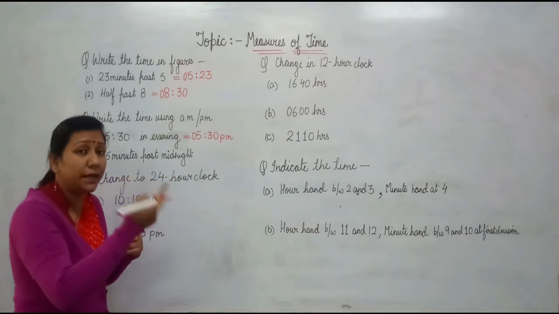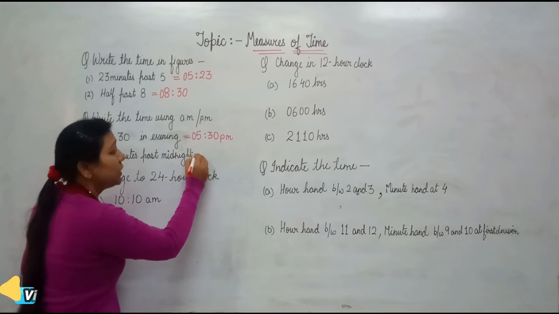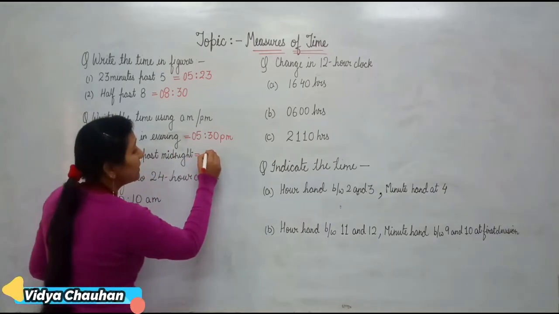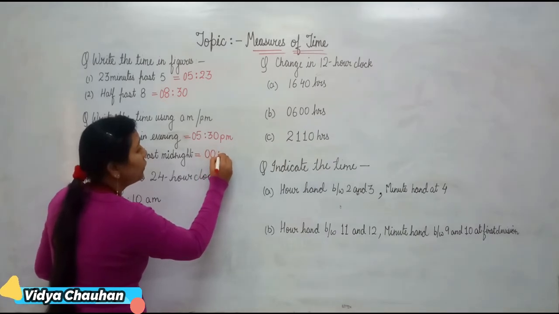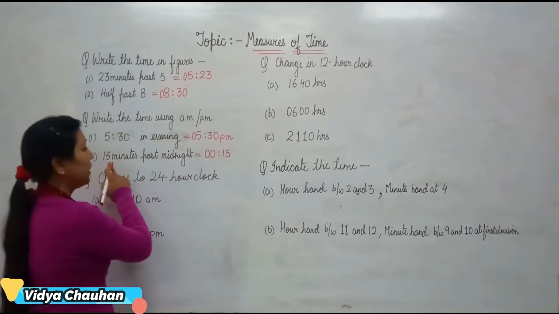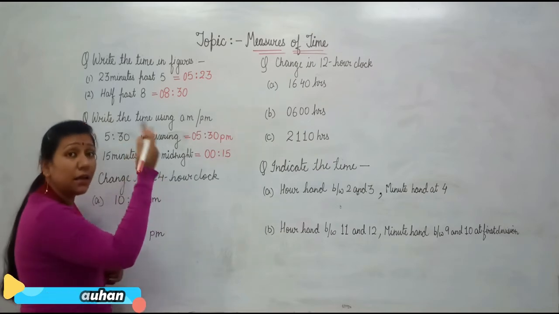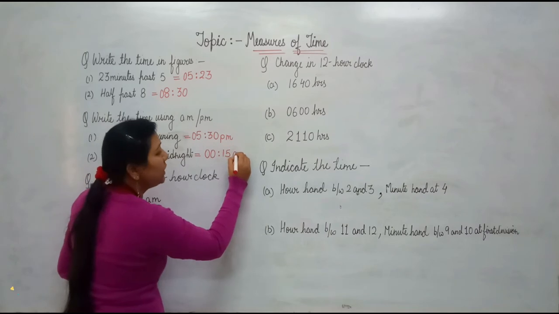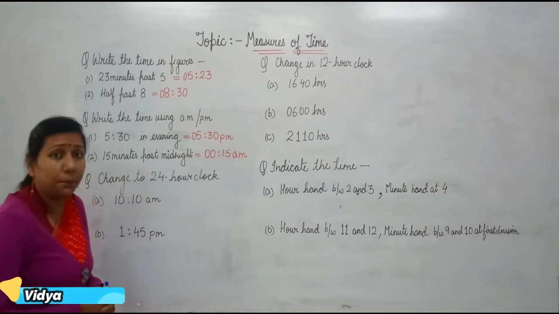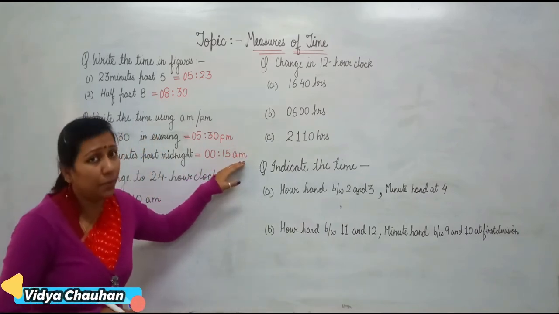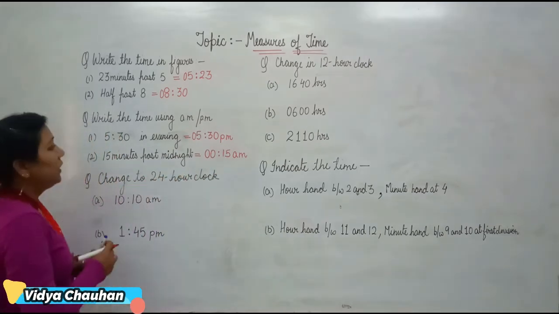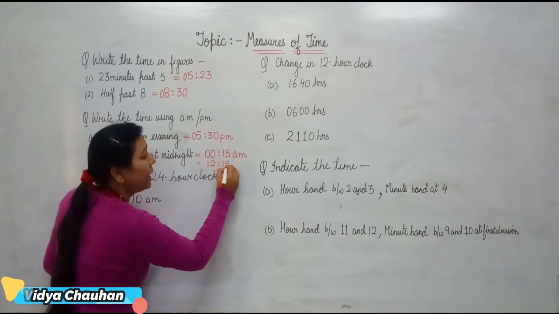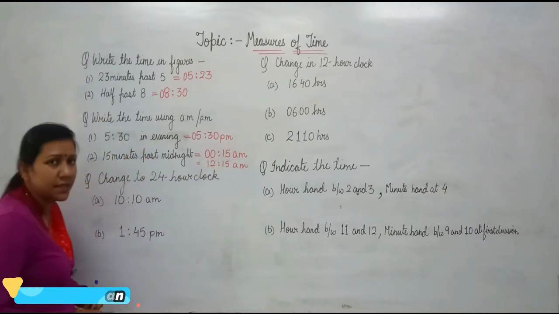It is past midnight, that means after midnight. So that will be 15 minutes past. So what will you write? You will write it as 00:15, because it is 15 minutes past and it is midnight to noon, that means 12 midnight to 12 noon. So it is 00:15 a.m. Clear, students? You can write it as 00:15 a.m. or you can also write it as 12:15 a.m. Both ways are correct.